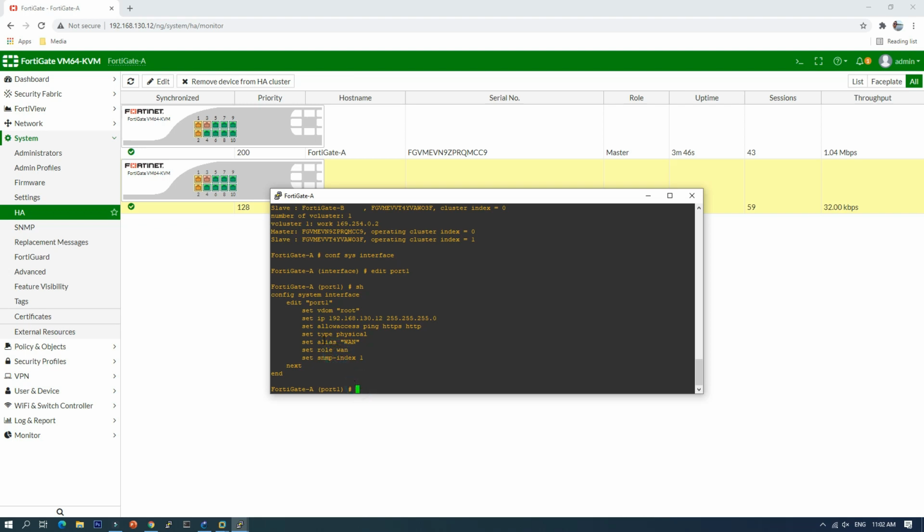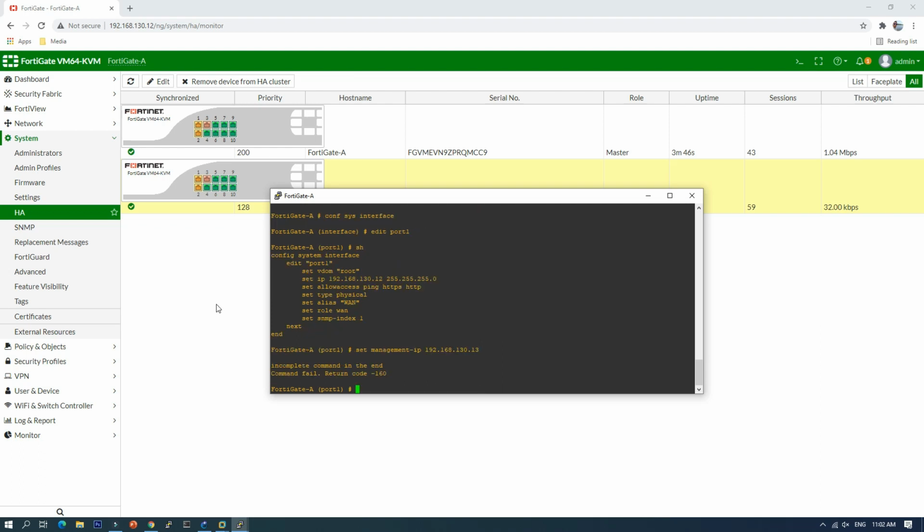So if you want to log in directly to FortiGate A, you can set management IP. So IP address, you give a different IP address. For management, I can say 13 for the FortiGate A. Sorry, 24, 13.